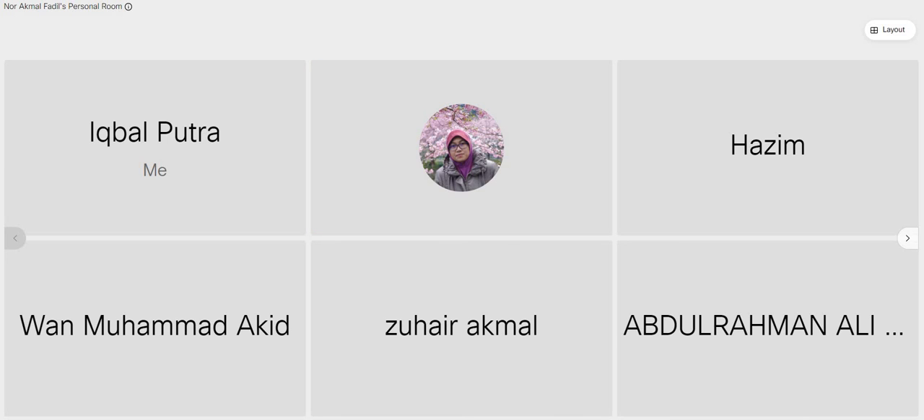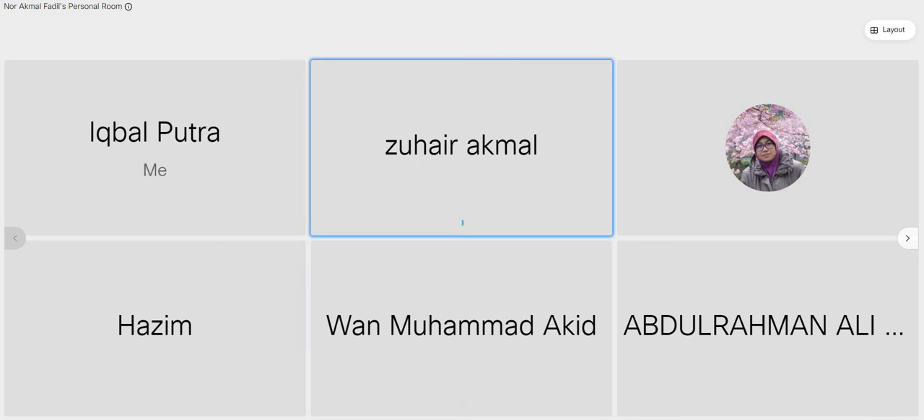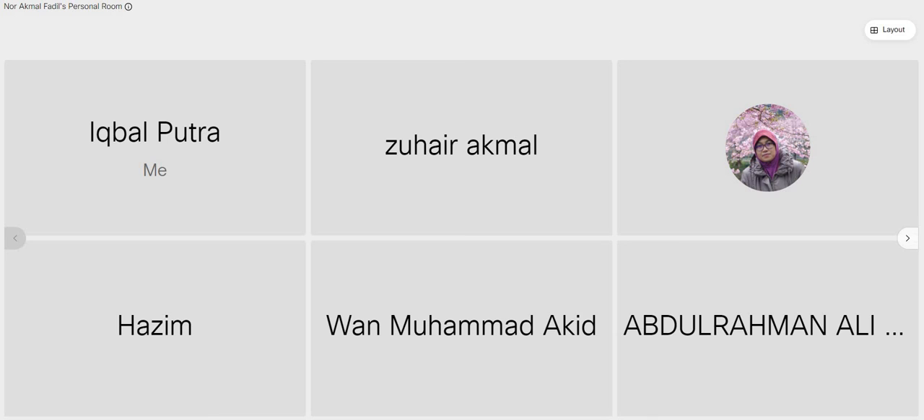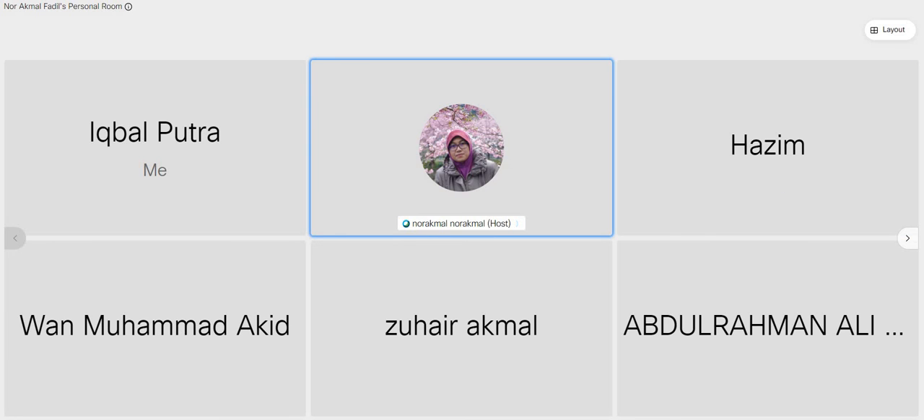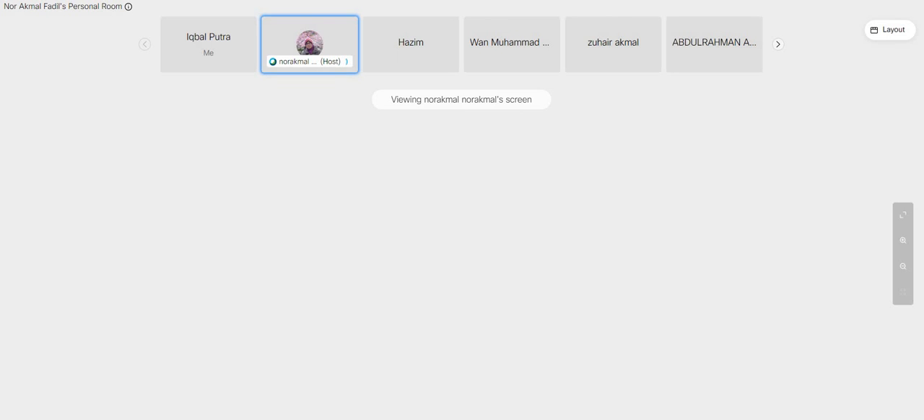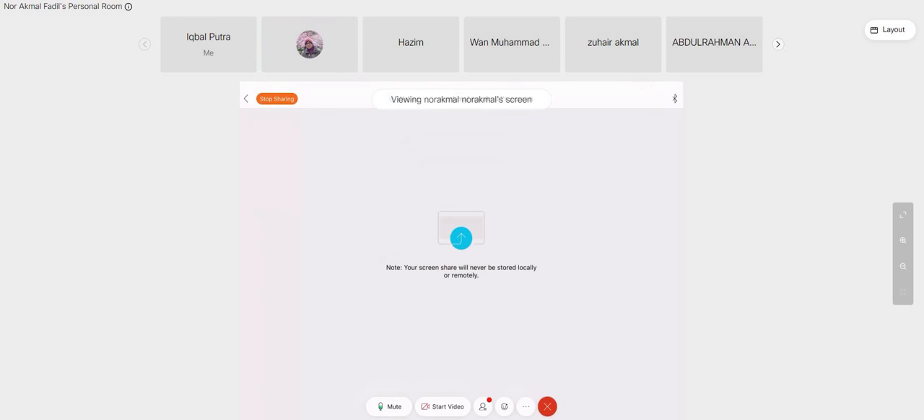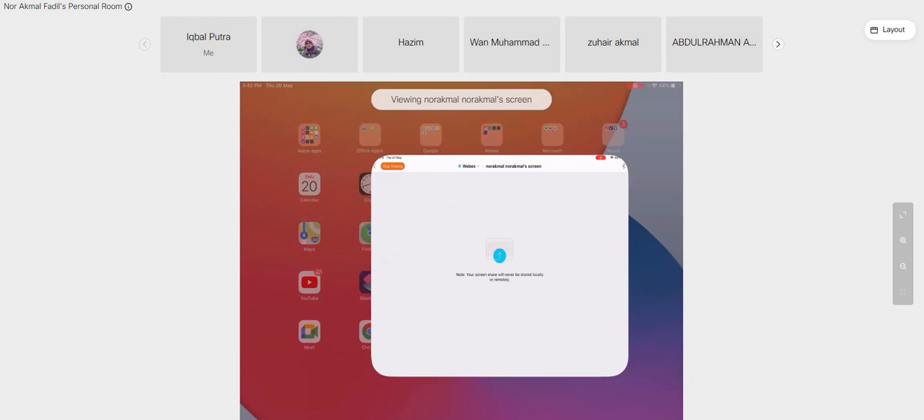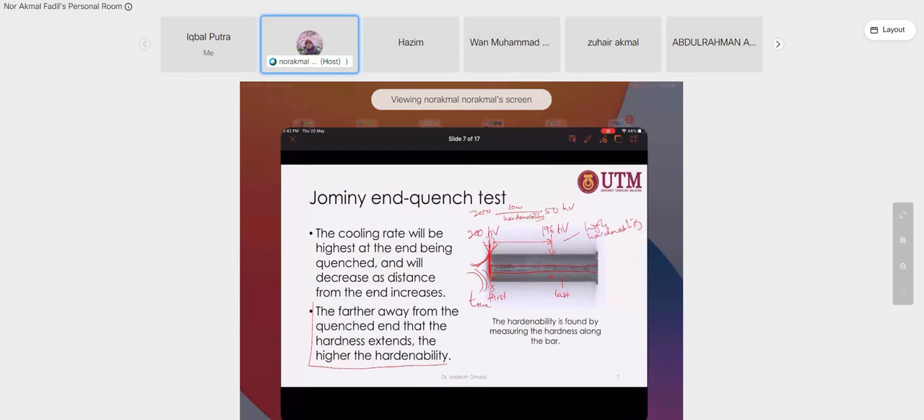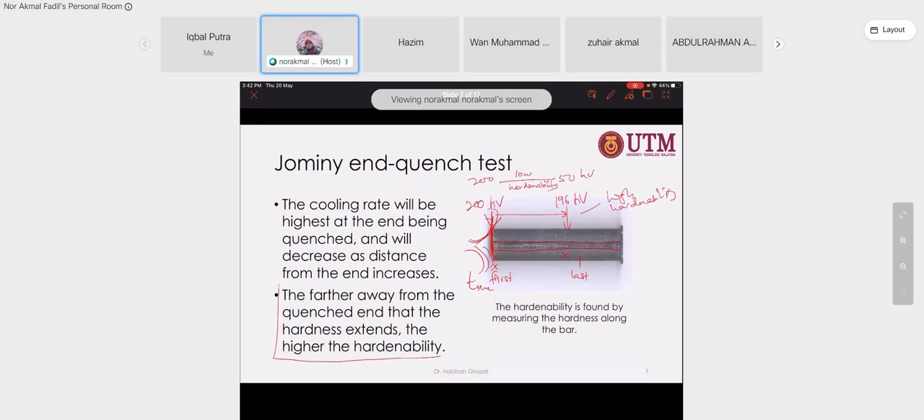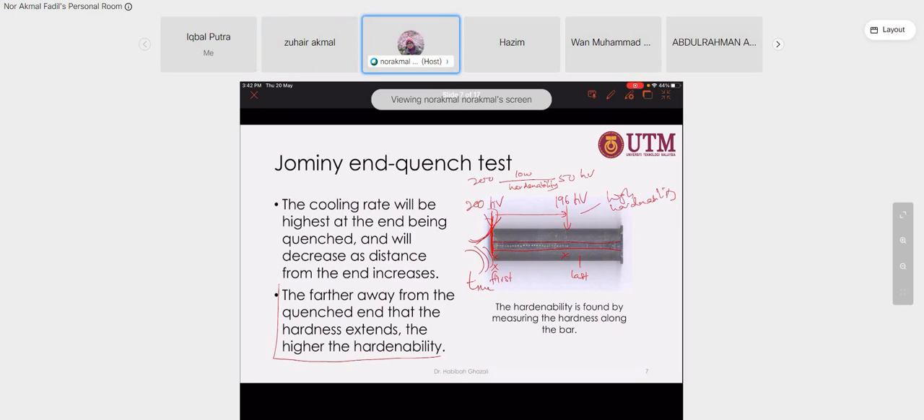Doktor kami tak boleh nampak slide. Oh, tak boleh nampak ke? Okay, sekali lagi saya share. Okay, nampak tak ni slide saya? Slide. Nampak tak? Okay. Right, kita balik dah